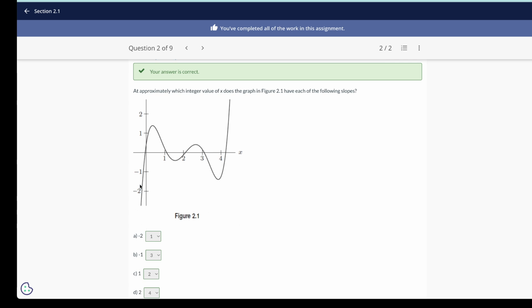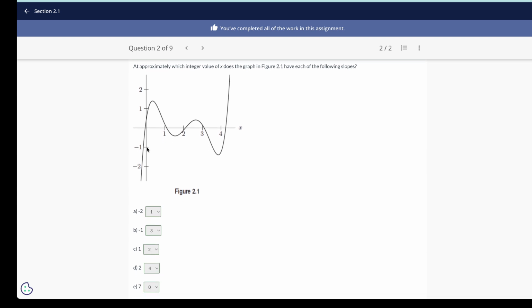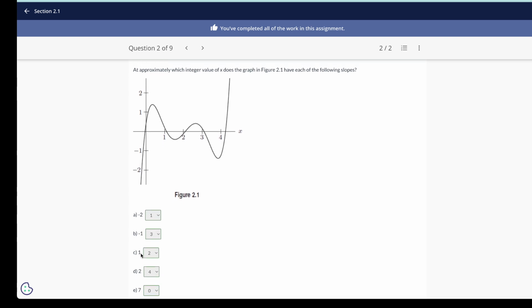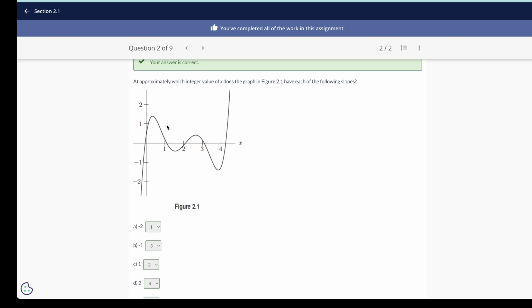So we can see here that our graph is not constant. The slope of the graph is not constant, it keeps changing. So now we can see that we have some negative slopes and some positive slopes. Negative slopes will obviously be at the point of the graph where the graph is slanting downwards, and that will include sections like this one,